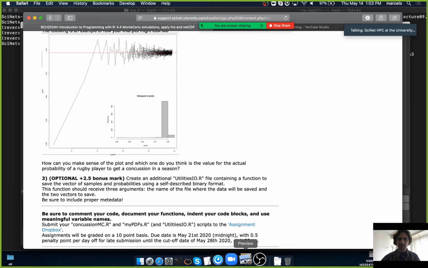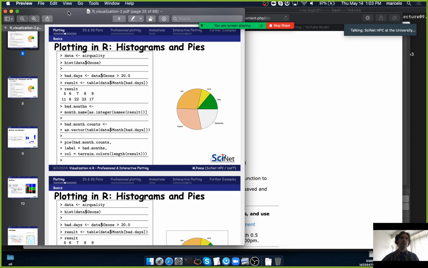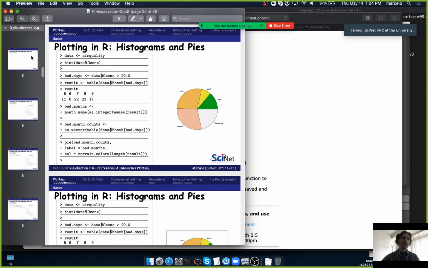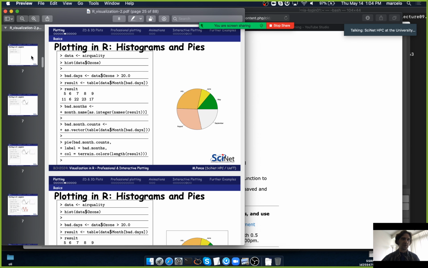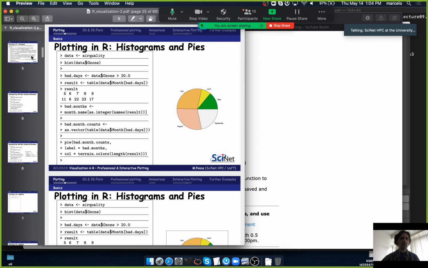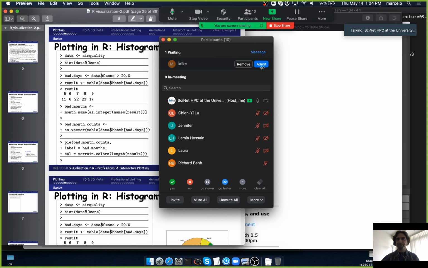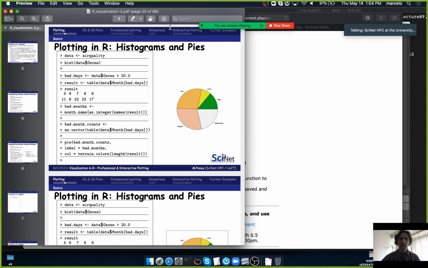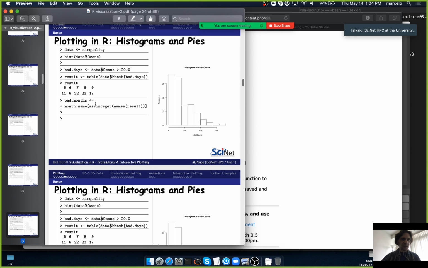Let me know also if you have any questions from what we covered last class. We ended the discussion on how to create models in R, and we started discussing some of the functions that we use for plotting. So again, let me know if you have any questions about that.